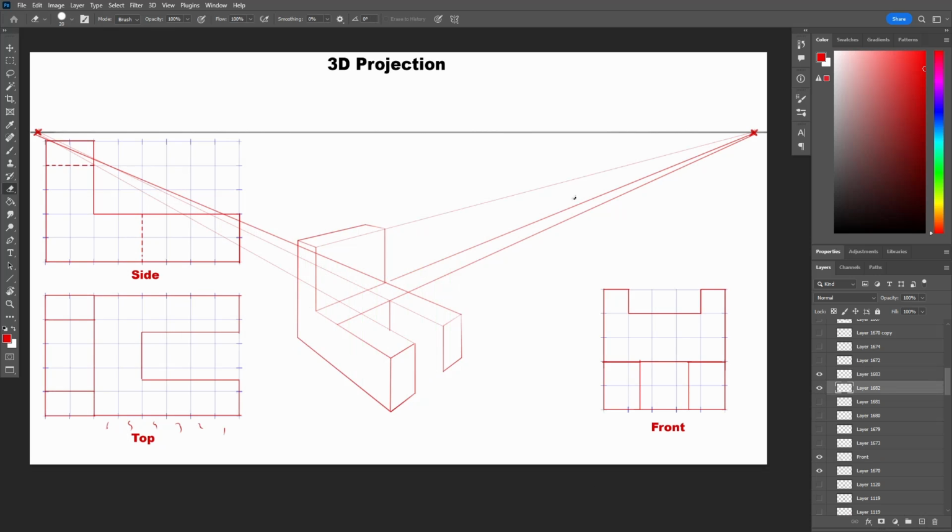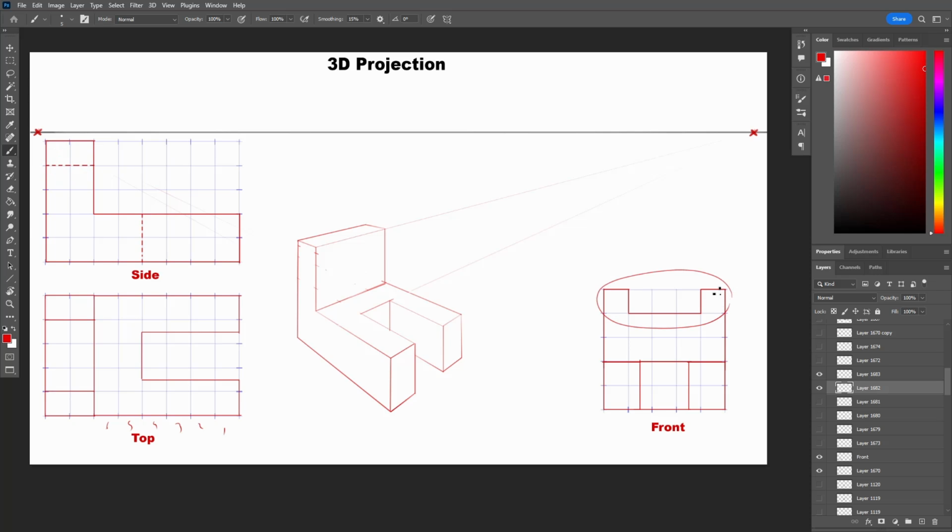Let's now hide all the lines so we can have a clearer look at what we got so far. We have the base done and the back. The only thing left, as we can see in the projections, is the space in between the top pillars. We know from the side and the front view that it's 1 unit high, 2 units long, and 1 unit deep, with 3 units in between.